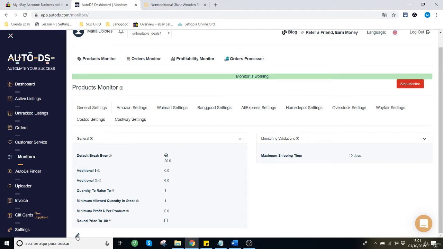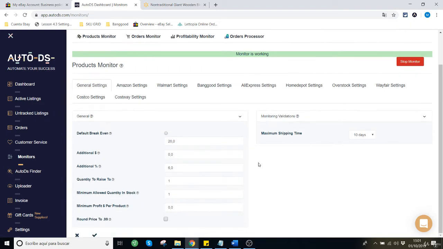Click down here on the pencil icon to edit these settings. First, I want you to check the default break-even option and leave it at 20, because that way you are going to make sure that you are making a profit.